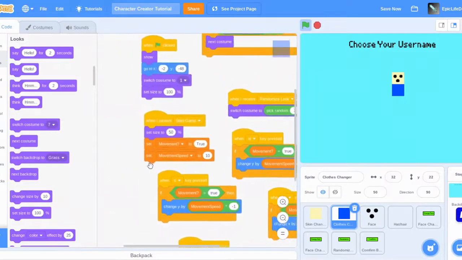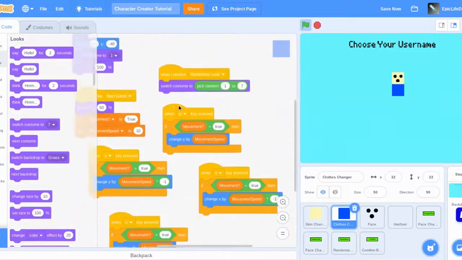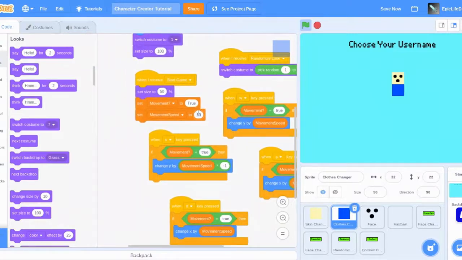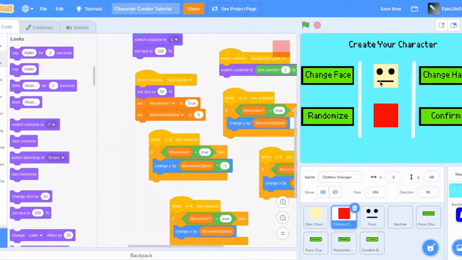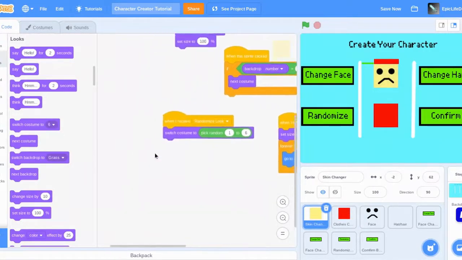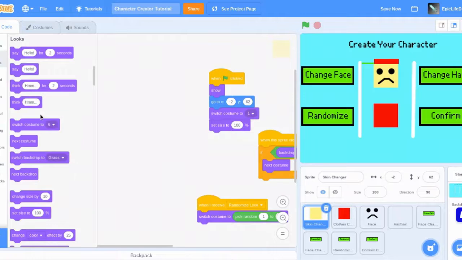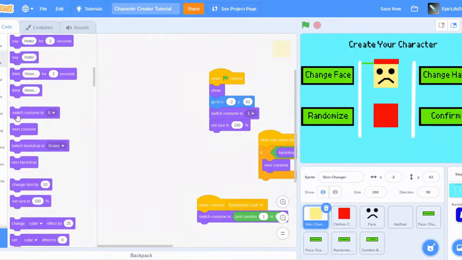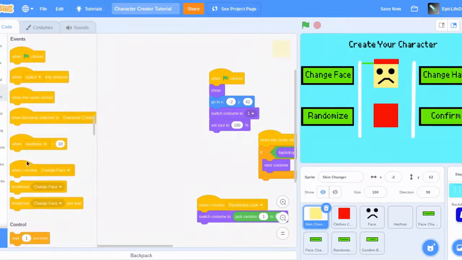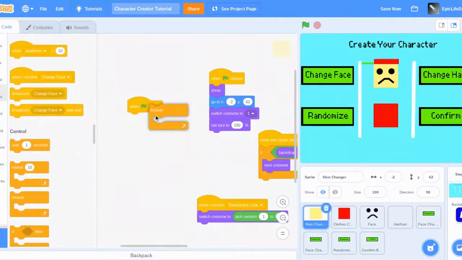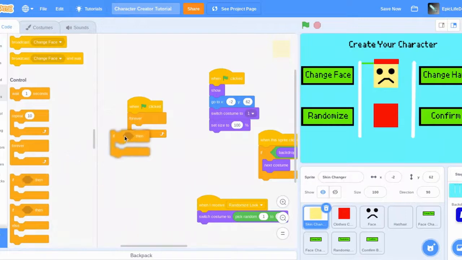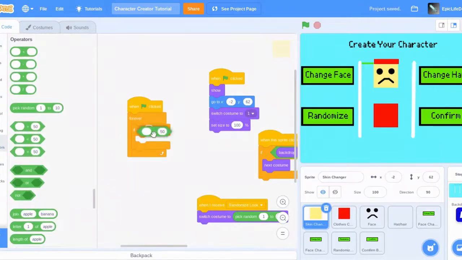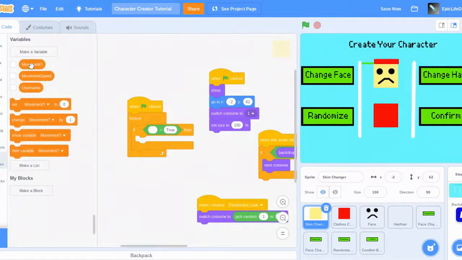Plus, I think we can decrease the movement speed by a bit. Let's see, where's the movement speed? Set it to about 5. Randomize. Alright, there's also one more thing. So when hovering over, I just want to do the skin because then it will hover over the head. Just clicked forever if movement equals true. If movement equals true, then